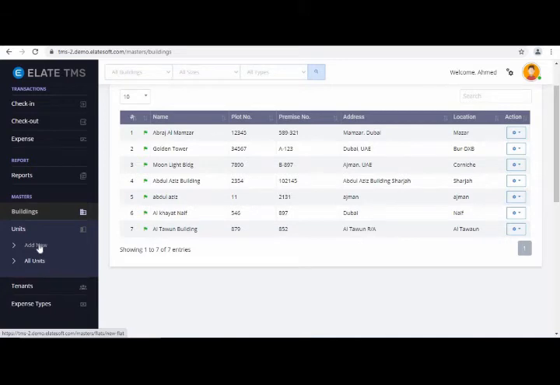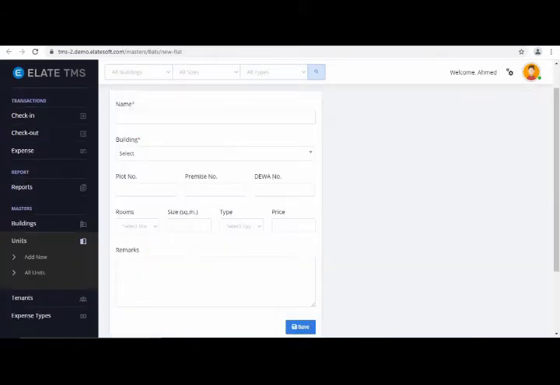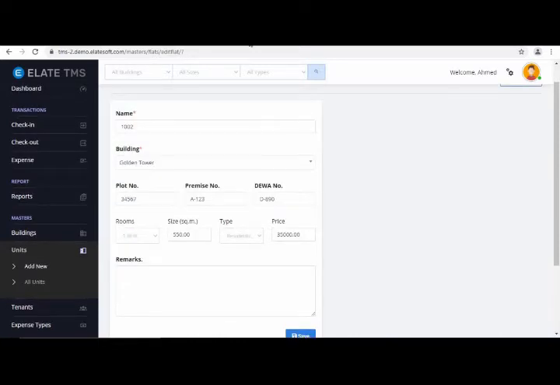Just click on add new unit, and here you get the option to enter the necessary information related to the unit, like the unit number, the building, the plot number, the premise number, the DEWA number, the number of rooms, like when there is a 1 BHK or 2 BHK, you can enter the size of the unit, the type, whether it is residential or commercial, and also you can enter the standard rental price, and if necessary you can also enter some remarks related to the unit, and then click on the save button to save the unit.